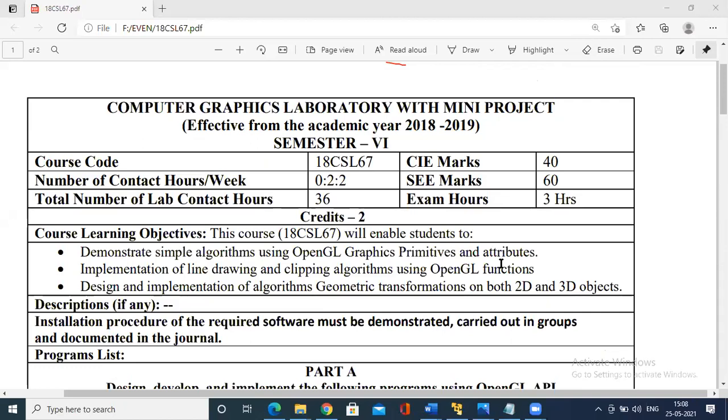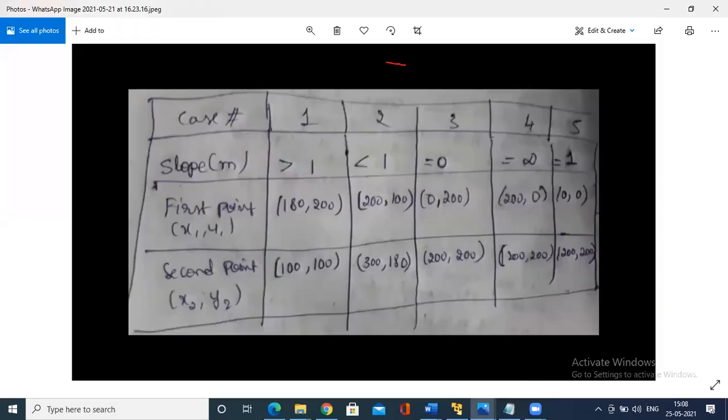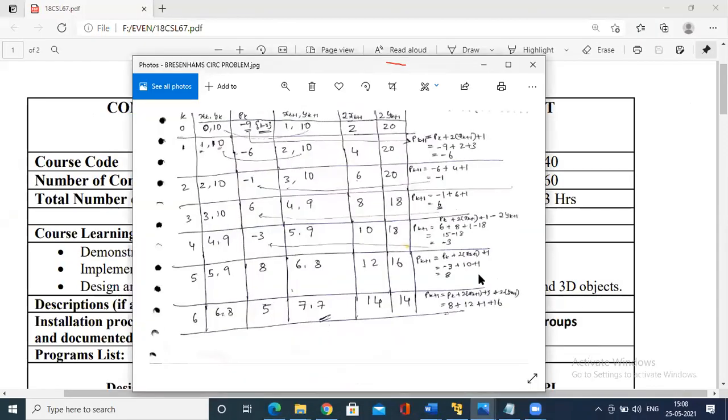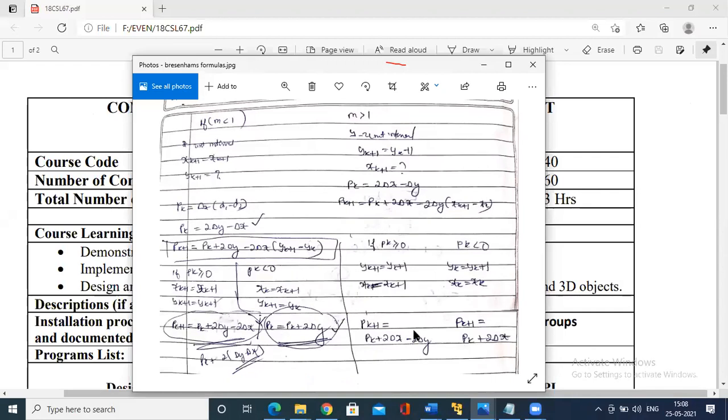Fine. So I'll just give you the program in the Google Classroom. Please try to understand logically, try to write the program, have the snapshots and the inputs of all these programs, and try to study. Because they may even ask you this program in the external also: write Bresenham's line drawing algorithm with the algorithm or a program. If you know these formulas, you can do it easily. So this is from my side. Those who have not given the attendance can give it, and try to execute and submit at the earliest in the Google Classroom.